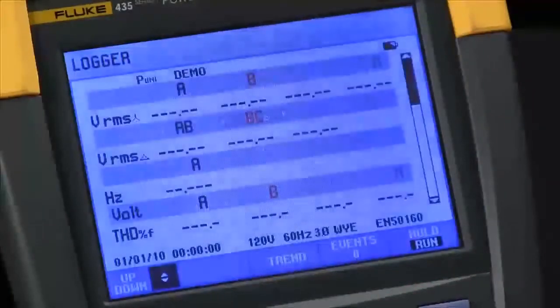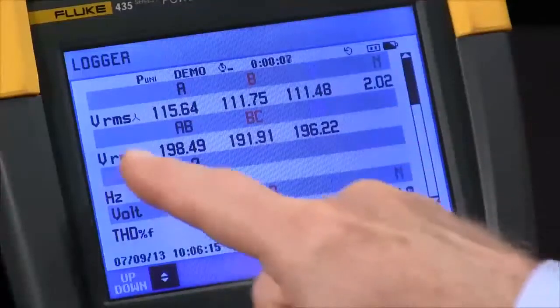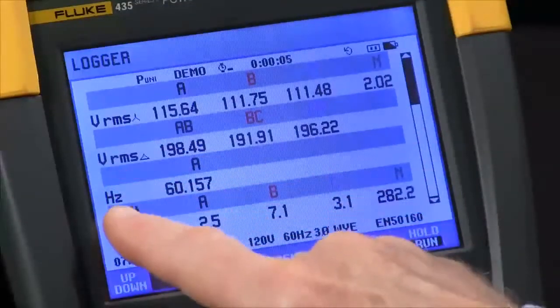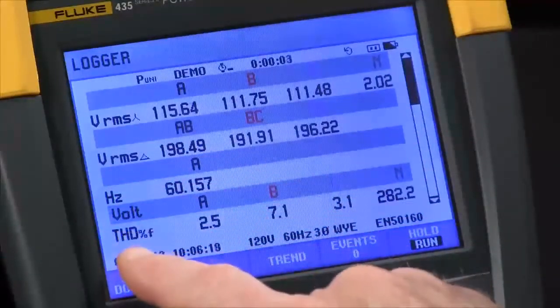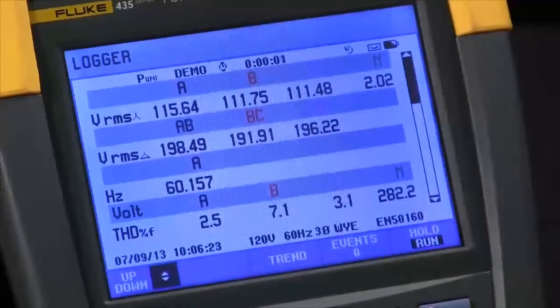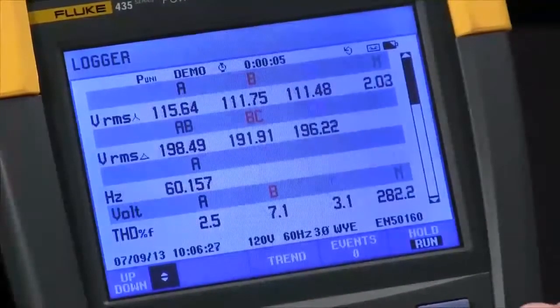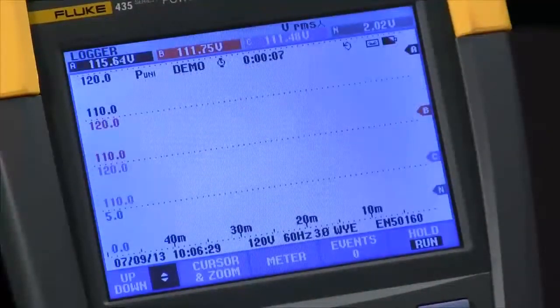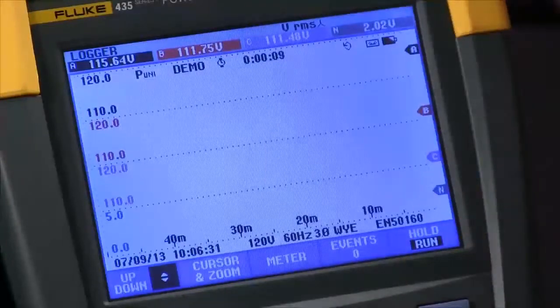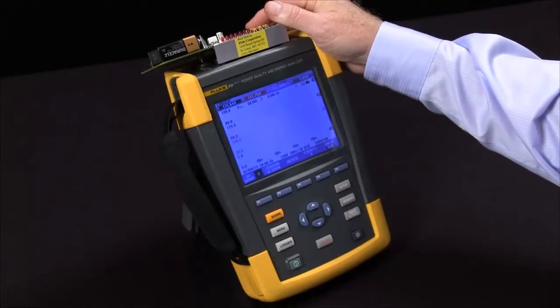It prepares the SD card. We start out with a meter view where you can see the volts RMS, frequency, voltage, harmonics, everything displayed on this screen. You could scroll down with the arrow keys to see additional parameters. We can see our trend by hitting the trend button and generate some signals with my